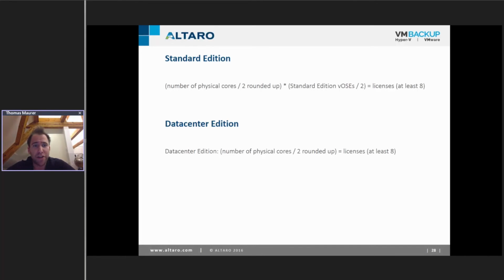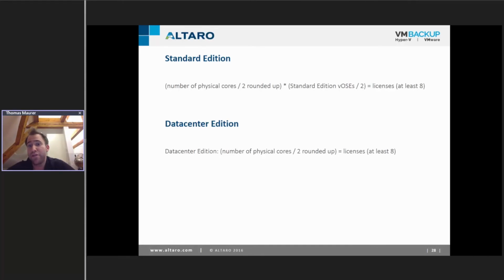What you do with Standard is you take the number of physical cores, divide it by 2 and round it up. So you get a number. For example, if you have 8 cores, you get 4 in that case, and then you multiply it with the virtual instances you're running on that. If that's 2 divided by 2, you get 1, so you would have 4 licenses needed.